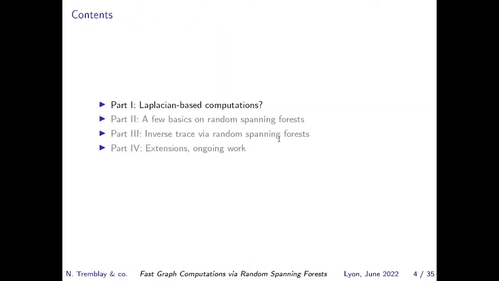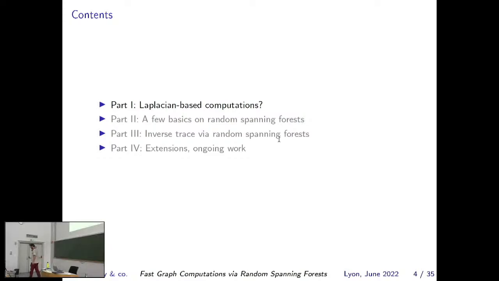Throughout this talk, I'm first going to motivate why I want to compute some of the things I'm going to estimate. There are a few types of computations on graphs that can be accessible with USTs, and I'm going to motivate those types of computations. Then I'm going to concentrate on one example, which is the inverse trace computation. There are others that we work on, and I'm going to talk about those last ones in the extensions in the last part here.